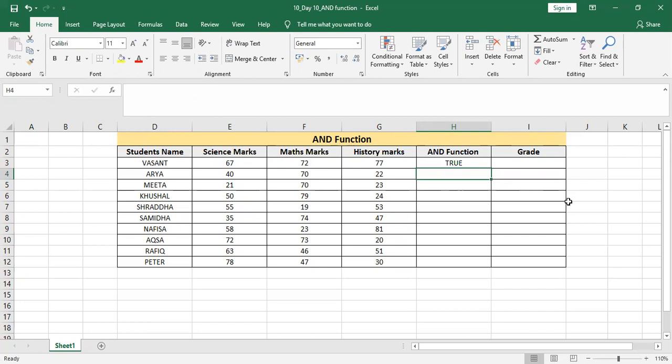I'll show you how I did it again. I pressed equal to, then I pressed the AND function. As you already know, this function checks whether all arguments are true and returns true if all arguments are true. If any one of the logicals that we are entering is not true, then it will come as false.